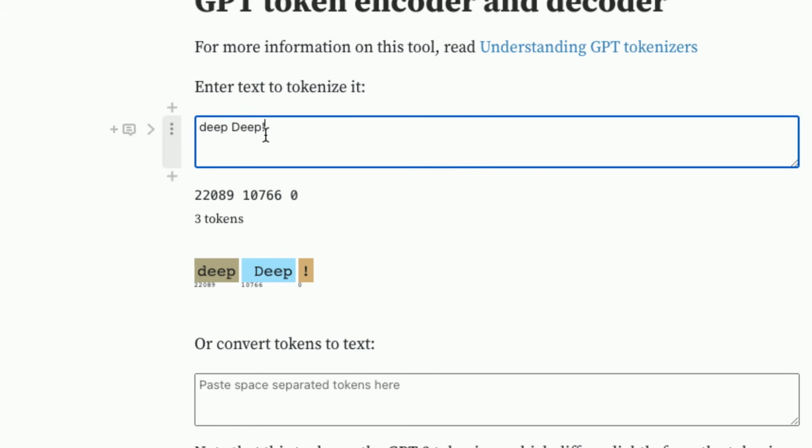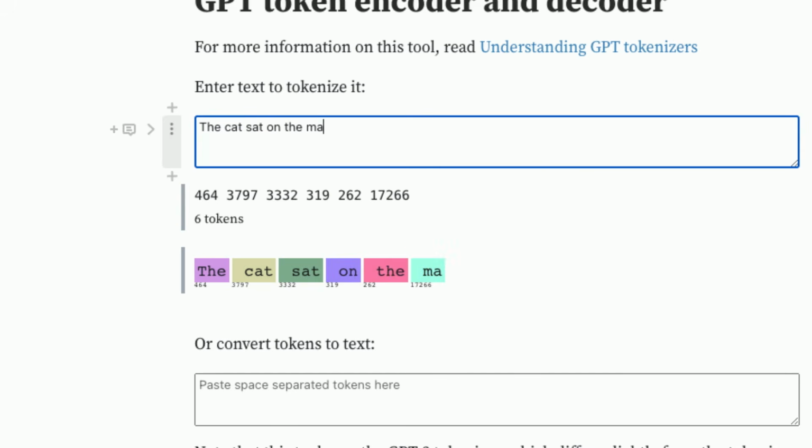And so ultimately what goes in when you have a phrase like the cat sat on the mat, you can see here uppercase The, and then let's do another thing. Uppercase The with a space is 383, lowercase the is 262. And that's distinct from just the without any space. That's a different thing. So these are all the tokens.